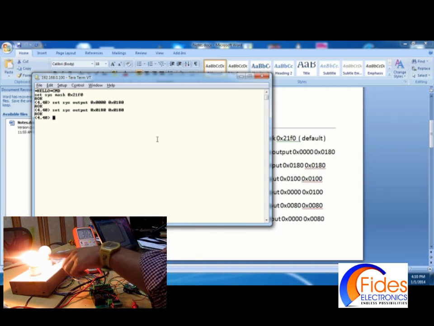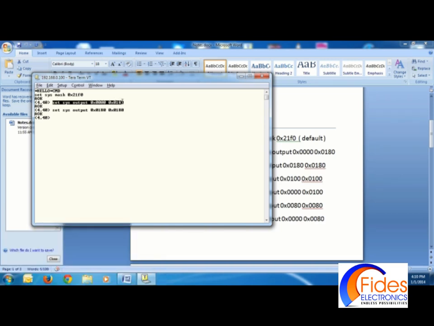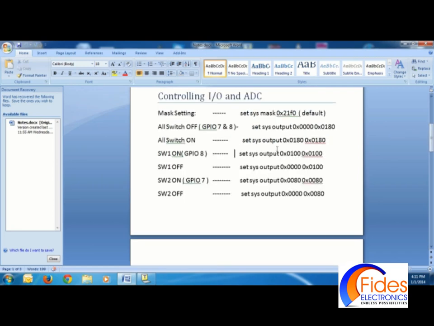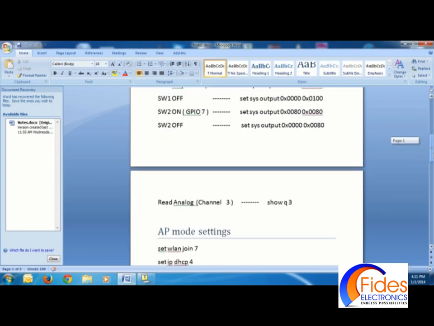Now put both the lights on. Again switch it off. Okay, so these are the commands. You are now well versed with these commands.